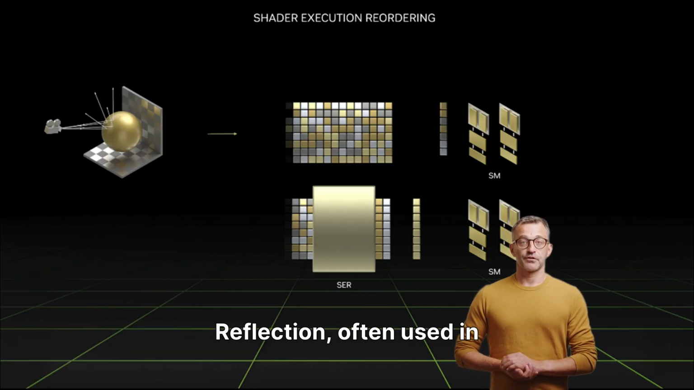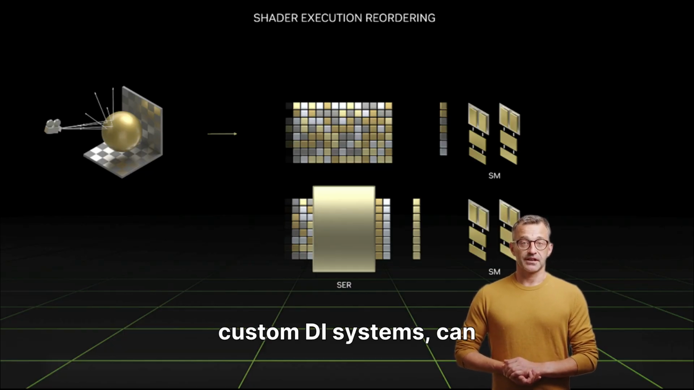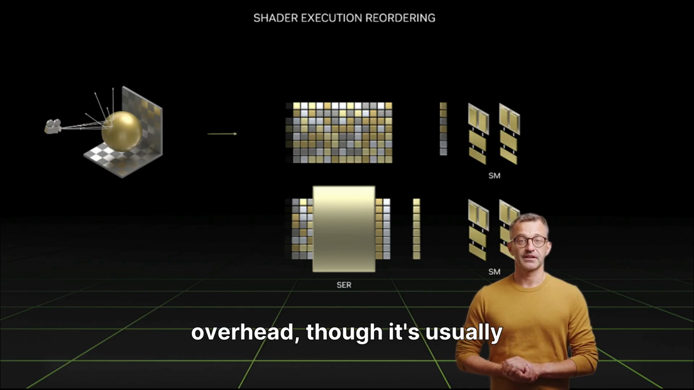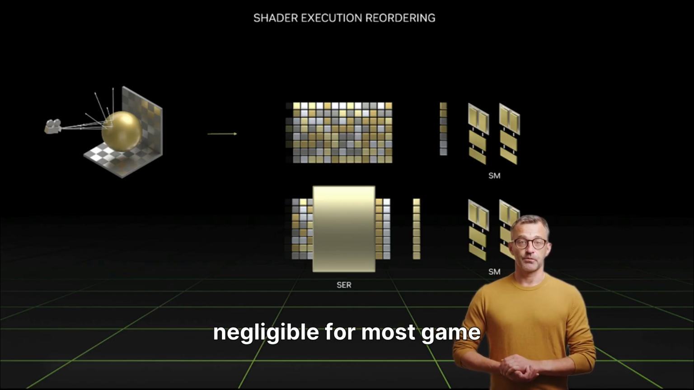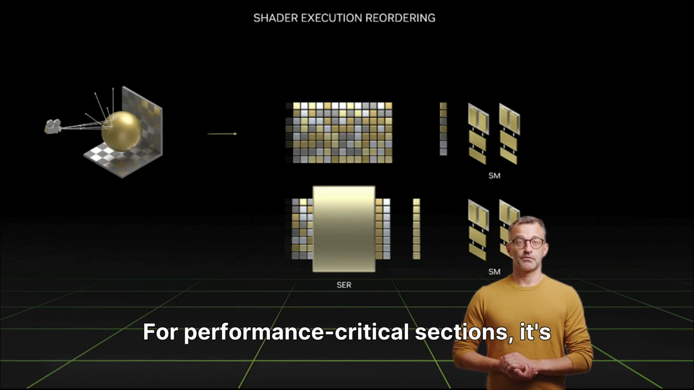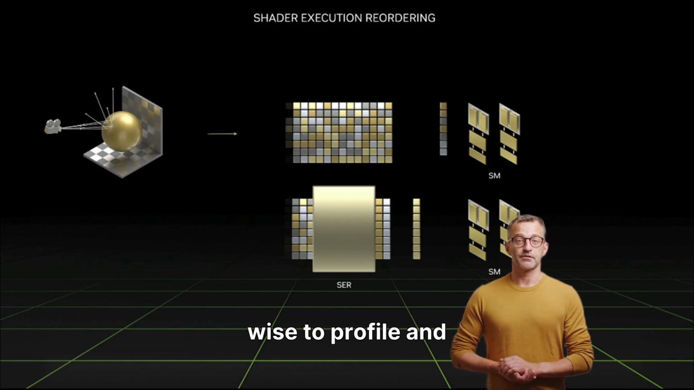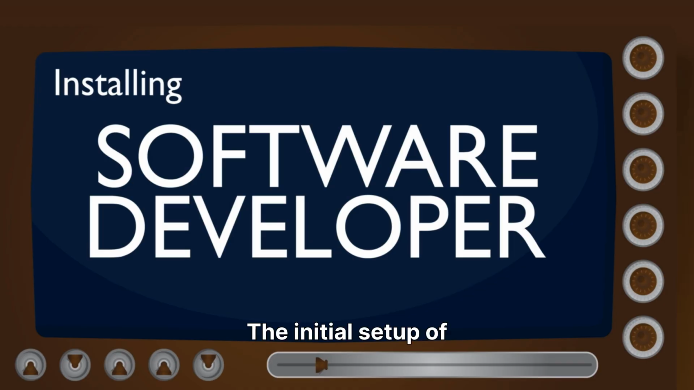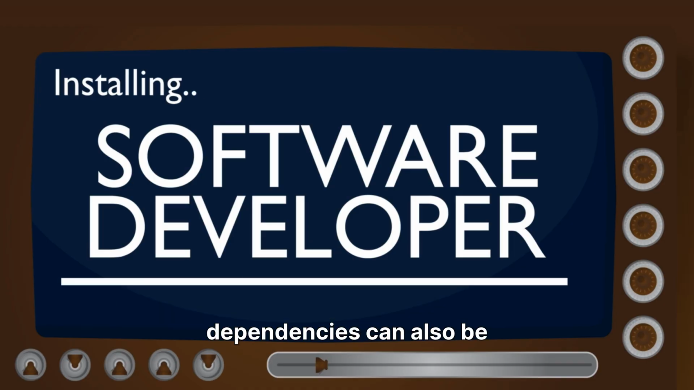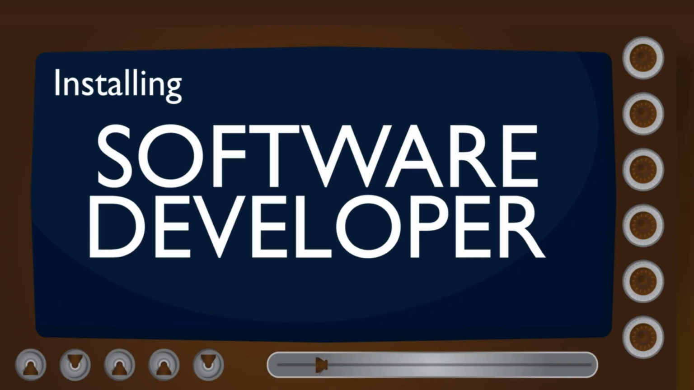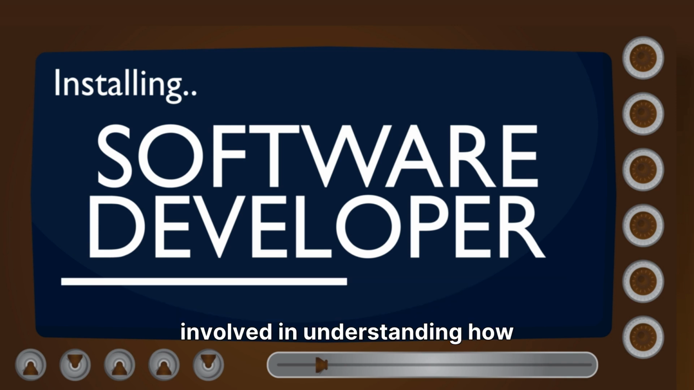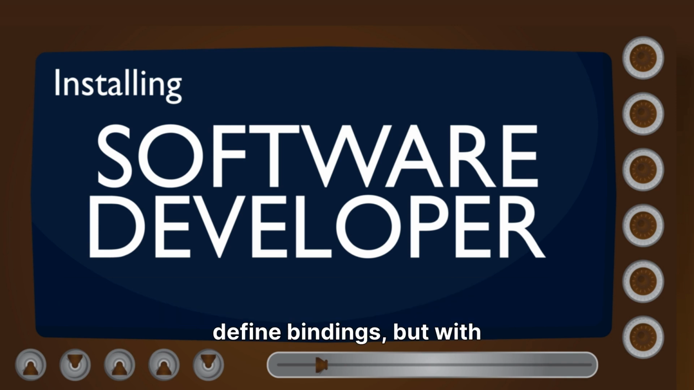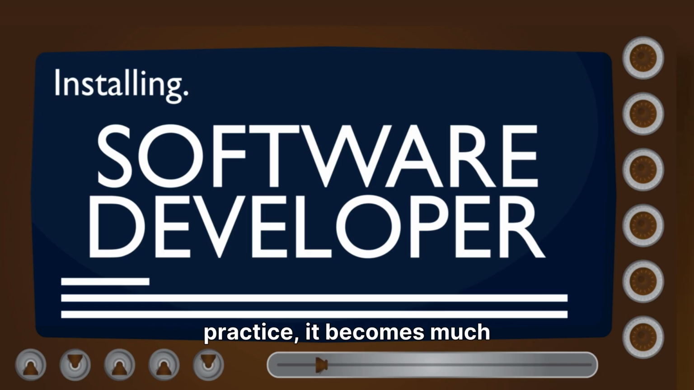Reflection, often used in custom DI systems, can introduce a minor performance overhead, though it's usually negligible for most game applications. For performance-critical sections, it's wise to profile and ensure reflection isn't causing bottlenecks. The initial setup of dependencies can also be challenging for newcomers. There's a learning curve involved in understanding how to configure containers and define bindings, but with practice, it becomes much